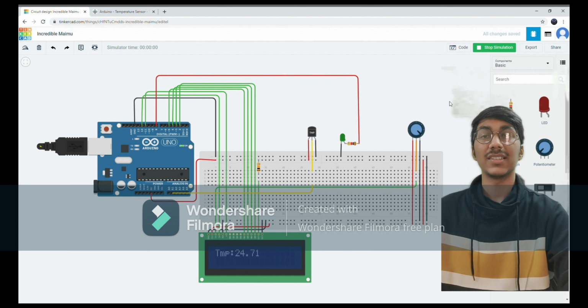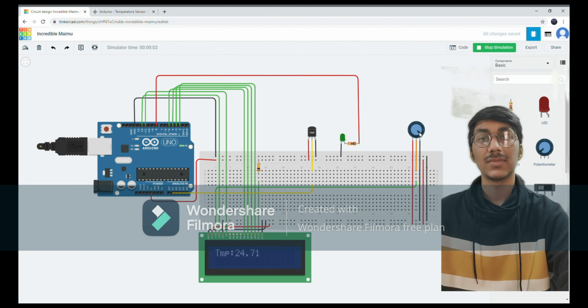So now let us check the output of the coding. Here you can change the dial of the potentiometer from this point to this. You can increase it to change the contrast so that the LCD can show the output. You can stop where it is showing output. It is showing me output here, so I will leave it here. As you can see, it is showing me 24 degrees Celsius.